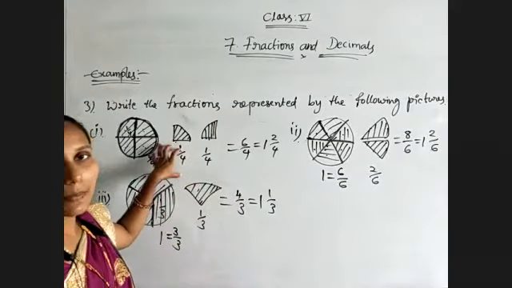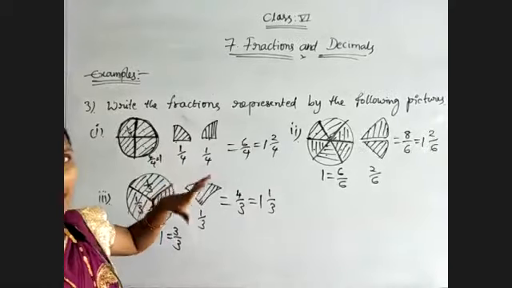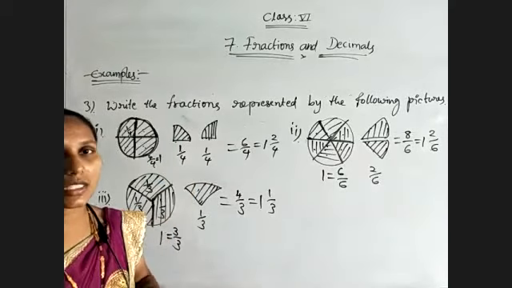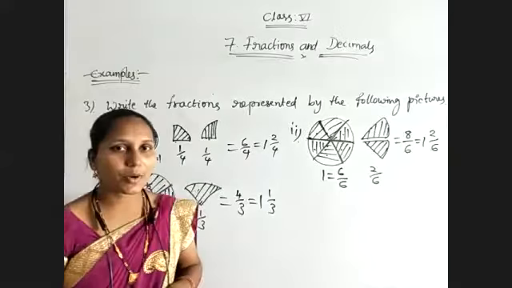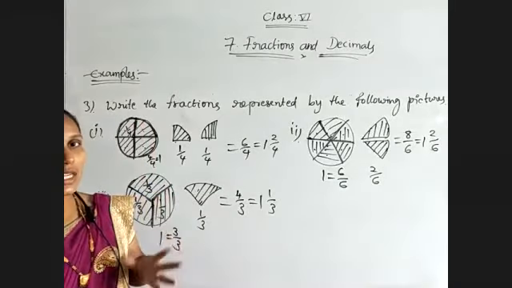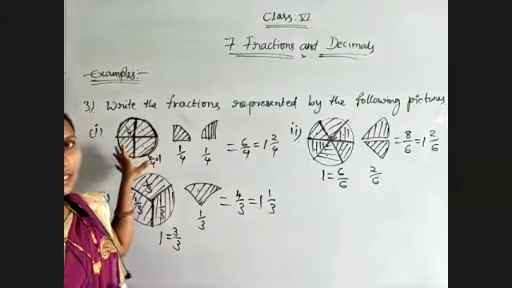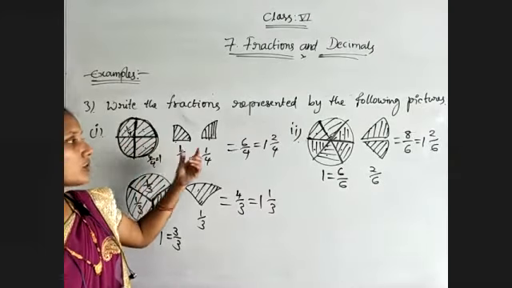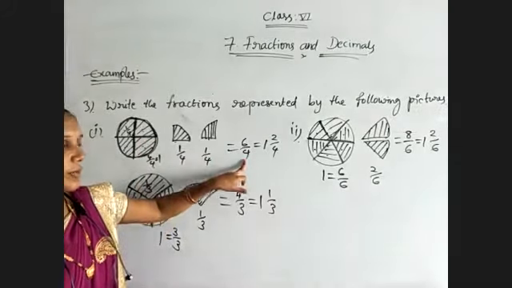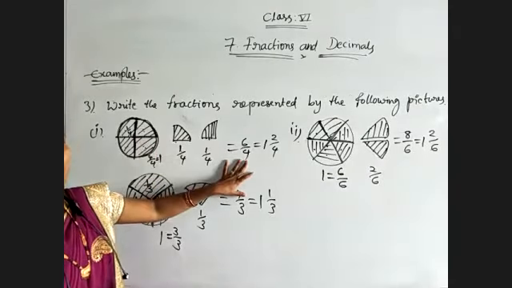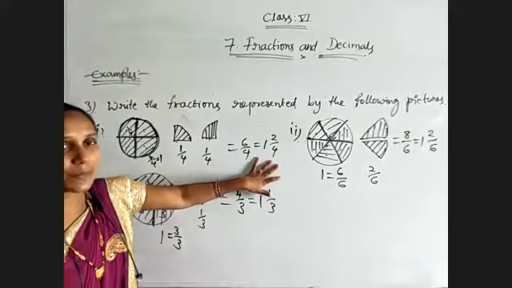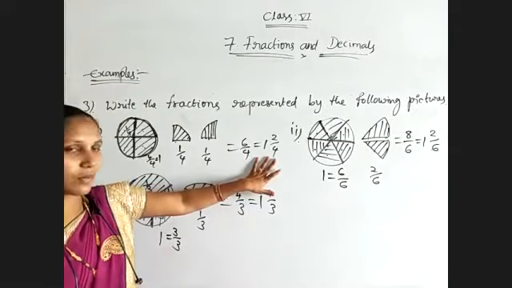If they are giving the pictures, we have to understand whether they have given one picture or more than one picture. If they have given only one picture, that comes under proper fraction. So that is very, very easy to represent. And wherever improper fractions are given, according to the question, if you want to represent improper fraction, which fraction is represented, right? Otherwise, the same thing you want to convert into mixed fraction, you can do.